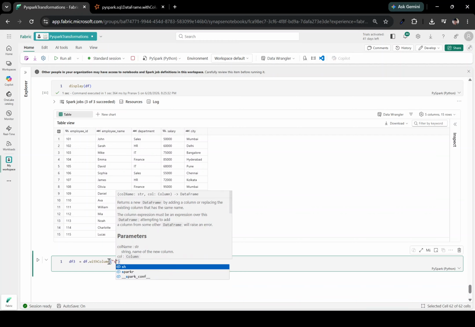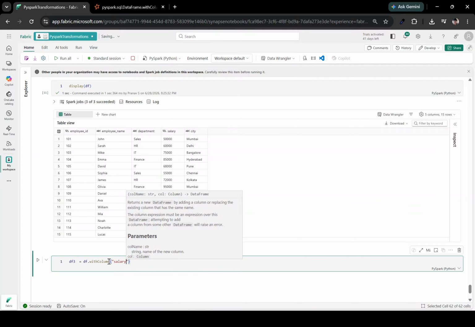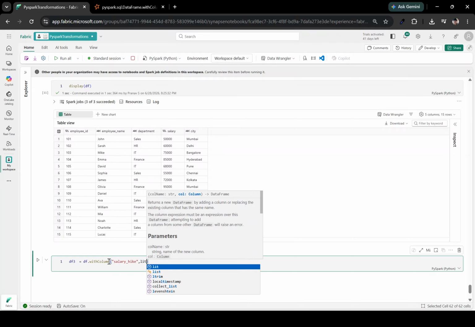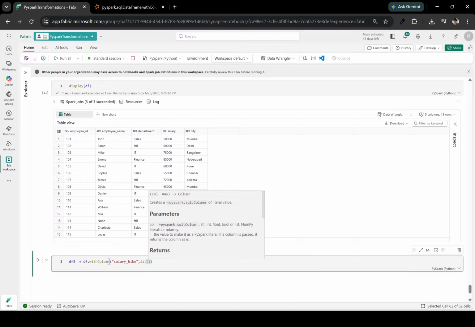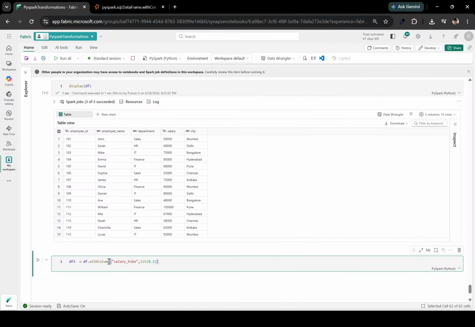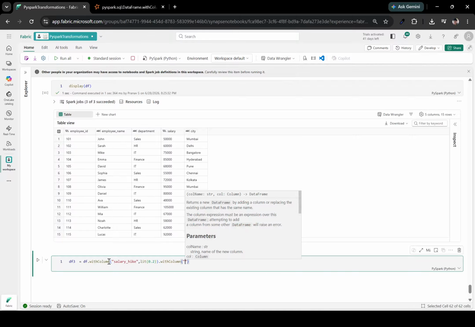Let's say the same example, salary hike, and if I want just 0.2,